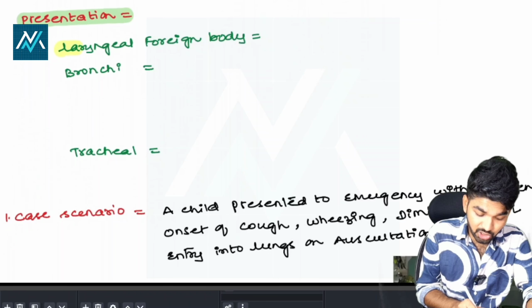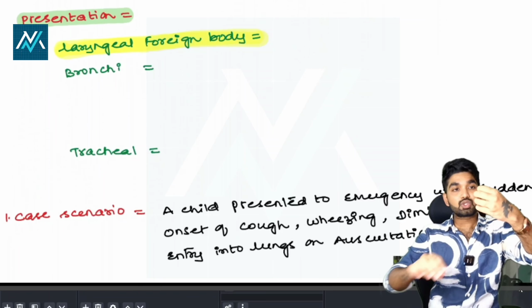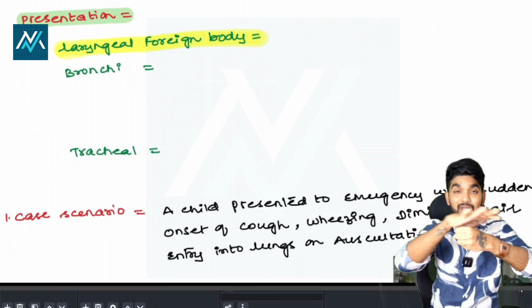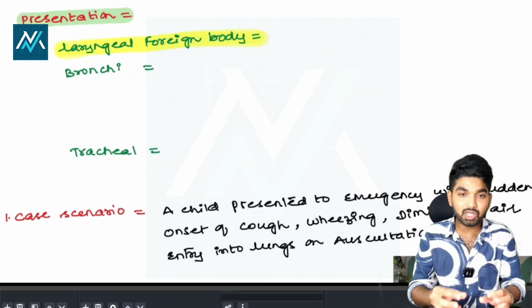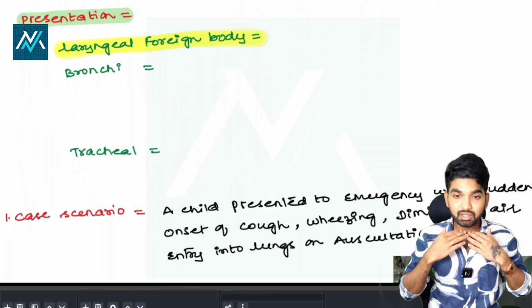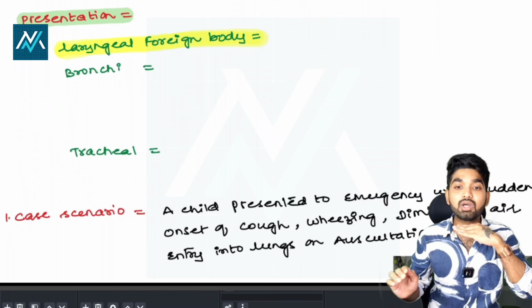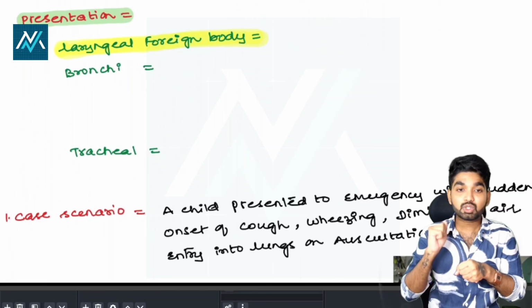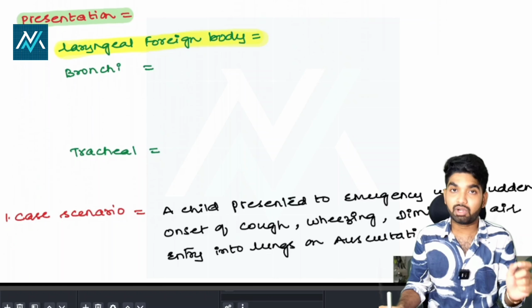Now coming to the laryngeal foreign body. Suppose the foreign body is at the level of the larynx. At the level of the larynx, this foreign body is obstructing, so there is absolutely no entry of air. No air is coming into the airways, that is below the larynx, your trachea, bronchi and lungs. No air at all, because the larynx is fully blocked. Now quickly tell me, the laryngeal foreign body,